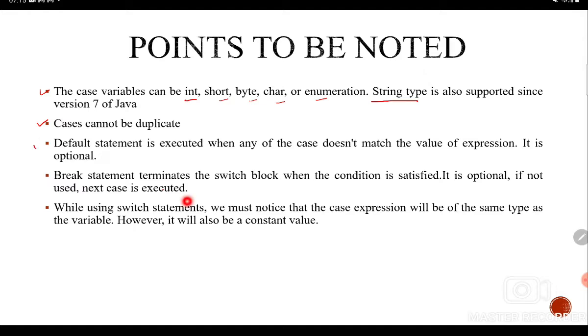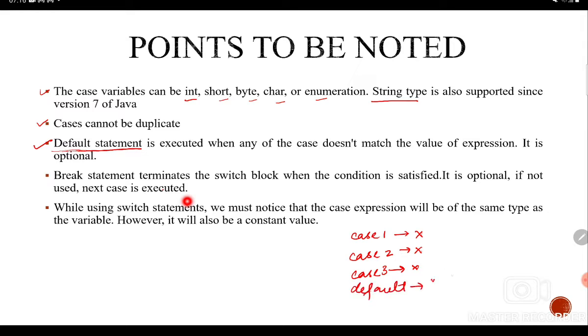Then the default statement is executed when none of the cases match the value of the expression, and it is optional. We will talk about this when we look at an example. Default is basically another case wherein, if the other conditions do not match, suppose I have case 1, case 2, case 3, then immediately the default condition would be executed.